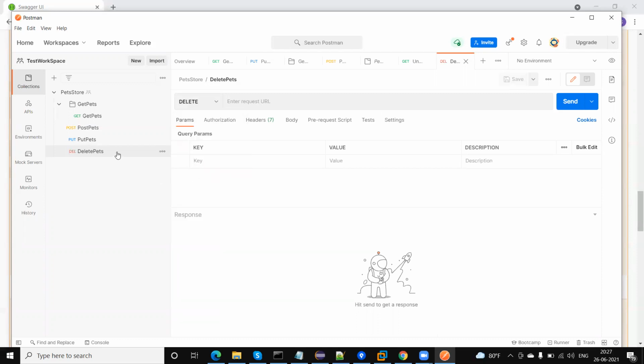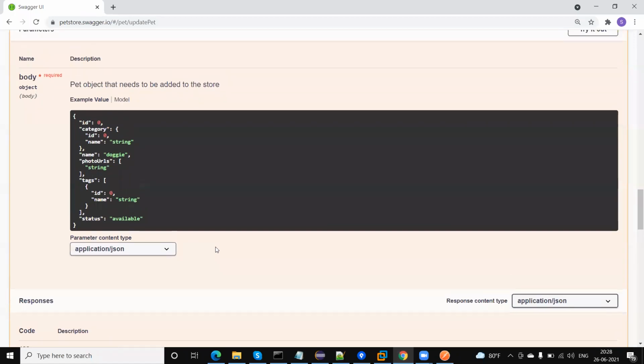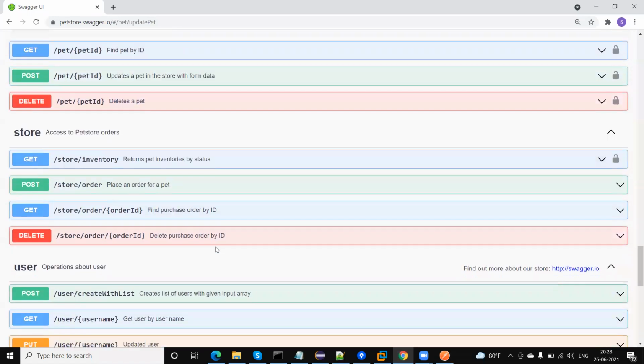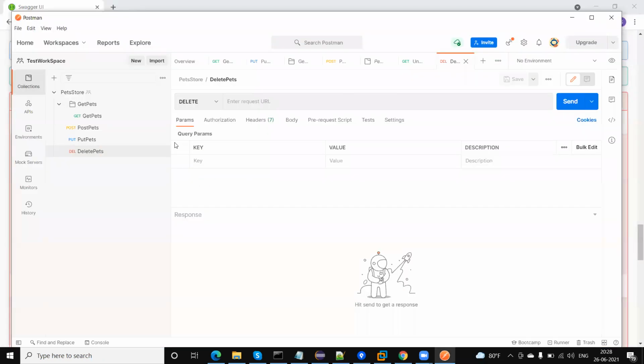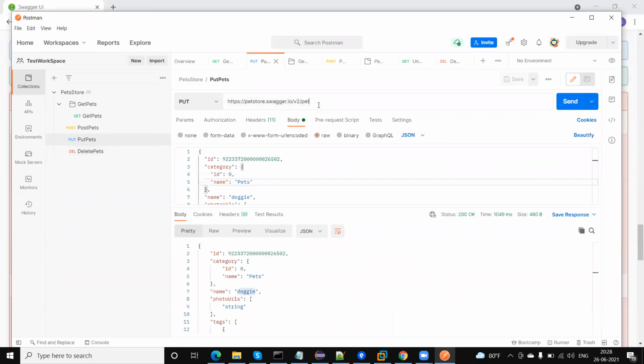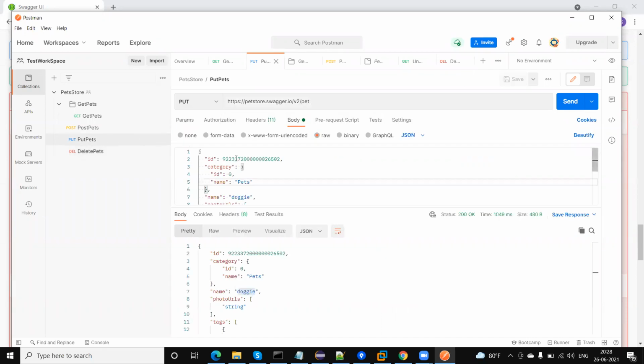Okay, the request URL is the same. If you go here to delete, you can see pet only requires passing the ID here. Let me go back to Postman. So the complete URL will be the same, but here we need to pass one slash and then the ID of the pet, which pet we want to delete.